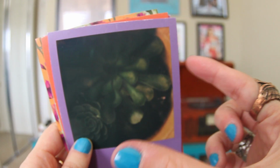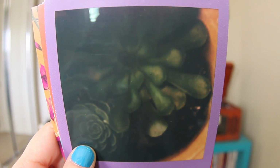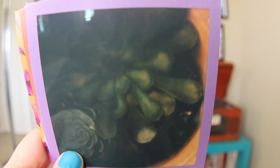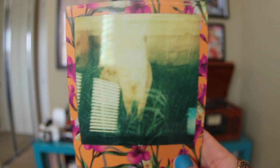So this horrific picture, I was this far from the plant and I shielded the flash, so it came out dark and weird. You can't take pictures like that close. It has to be like 4 feet and further unless you have an attachment lens that lets you get closer. But the disgrace of pictures you're about to see comes from this camera that does not work. Enjoy. So this is the only picture that worked,